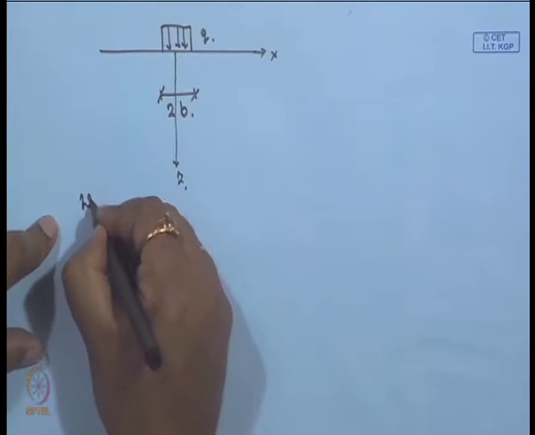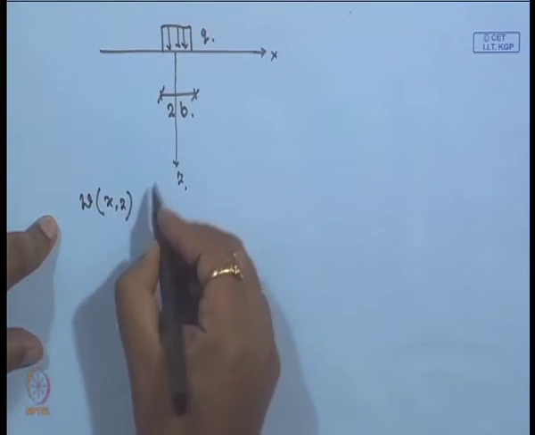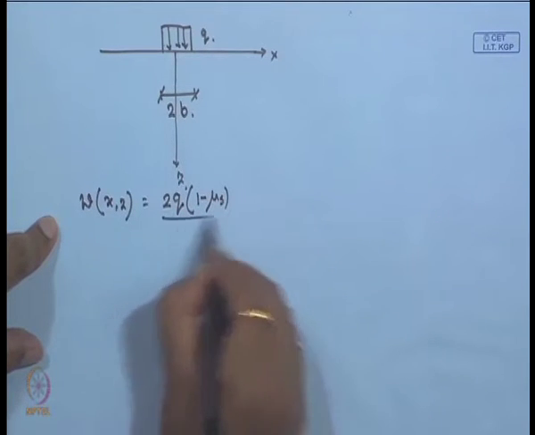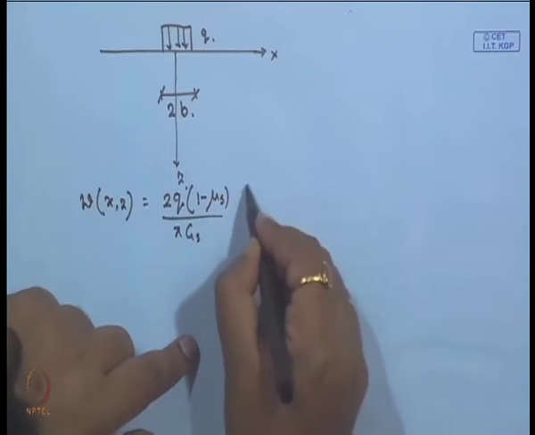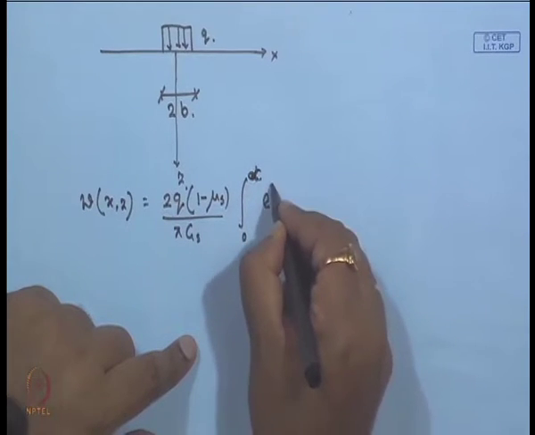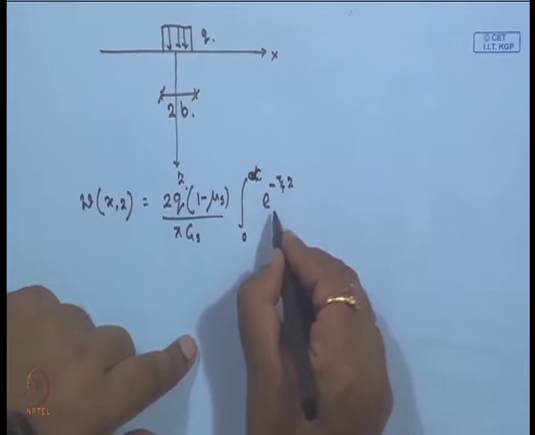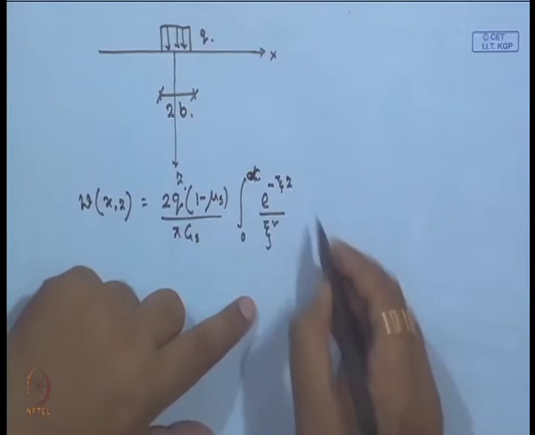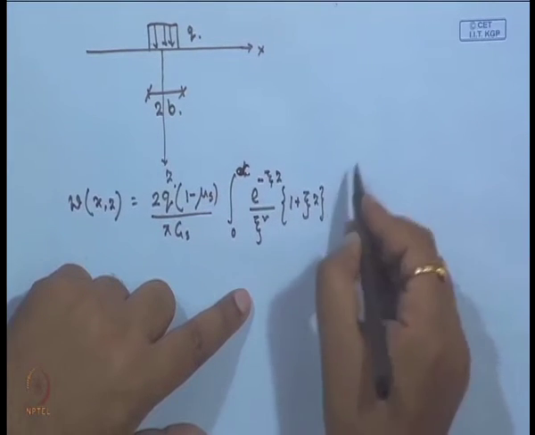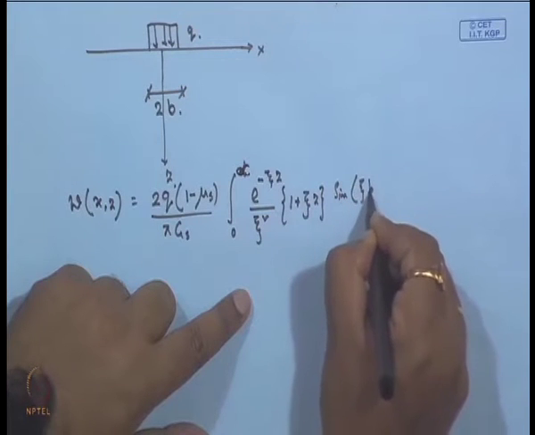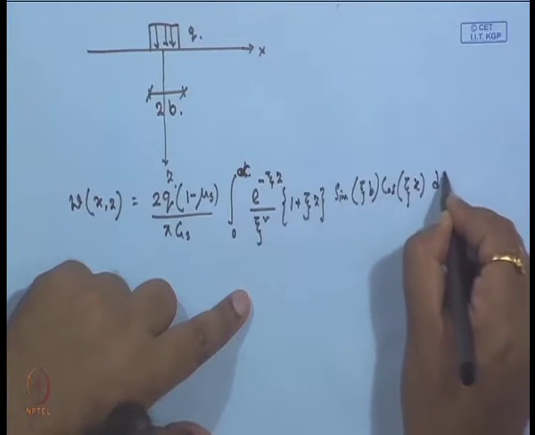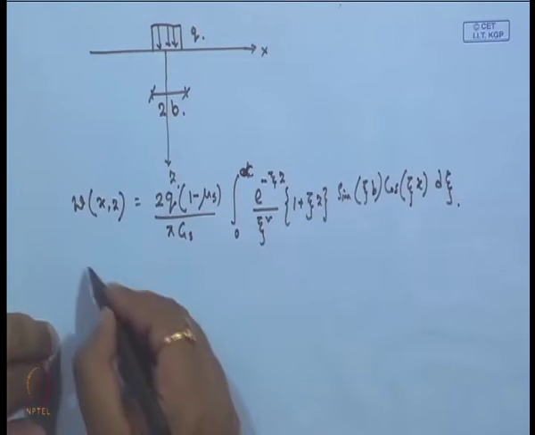In that case, W x z will give 2 q (1 minus mu s) divided by pi G s, integral from 0 to infinity, e to the power minus zeta z by zeta square, (1 plus zeta z), sin zeta b, cos zeta x d zeta, where